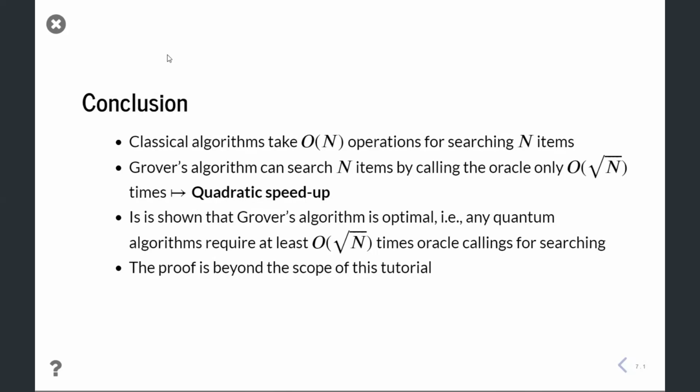But the goal is not to find the answer by creating something that has the answer. The goal is to see how many times should I query my black box to find the answer. And this is where really the Grover algorithm is strong. It will reduce significantly